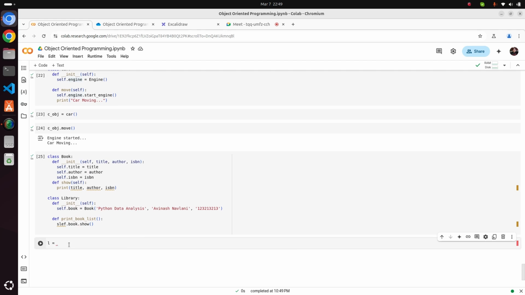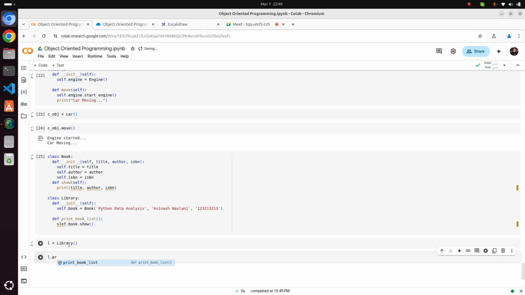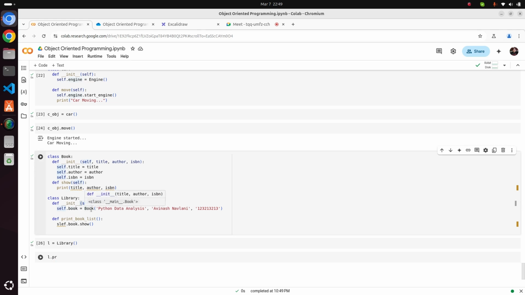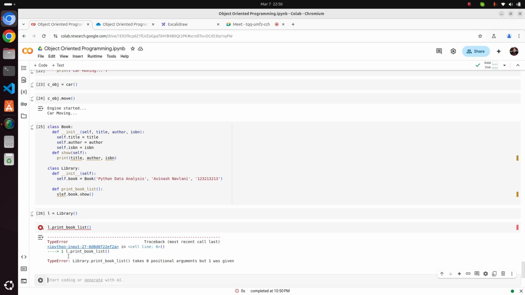L equals Library, right? I've created a library, l.print. Right now it has only one book. We can create multiple books using a for loop, right? Suppose I pass n here, then n number, then we have to add a for loop. But right now I am keeping it simple, print book list, right?